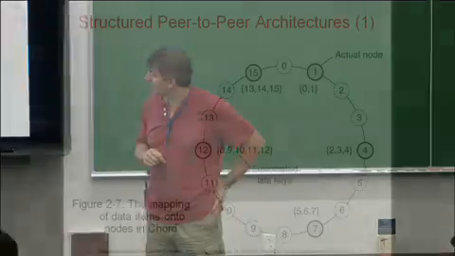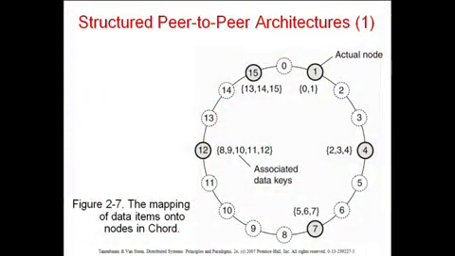So the structured peer-to-peer networks came up with a very systematic way to decide which are the nodes you should know about, which are the connections you should keep track of. In particular, they were looking for just a logarithmic number of such connections. Again, you can already see a little bit of big O notation obsession creeping in. Why logarithmic? This is a very legitimate question. Well, logarithms are very nice, mostly because the theoreticians told us that logarithms are good, and anything that's not a logarithm is bad.